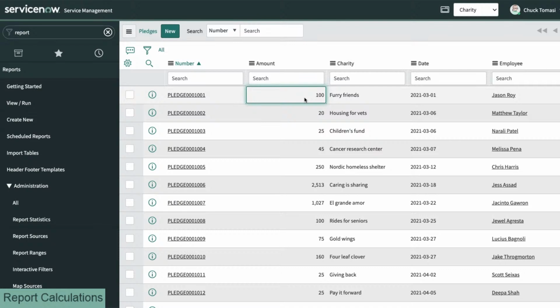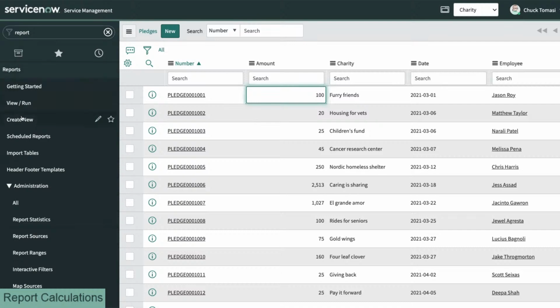So when we create a donation record or something else, we want to know what that total amount is in Tootsie Rolls. So furry friends, maybe it's dog treats, I don't know. But that doesn't matter. We're donating 100, and we'd like to make a simple calculation to just double that number. Now we could either add the number to itself or we could multiply times 2, but I'm going to jump